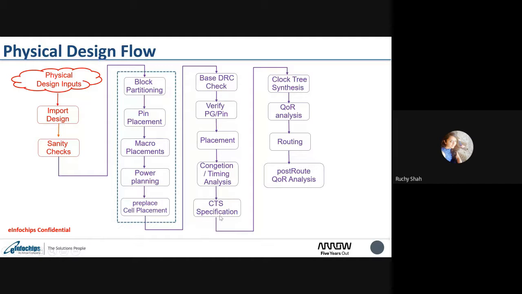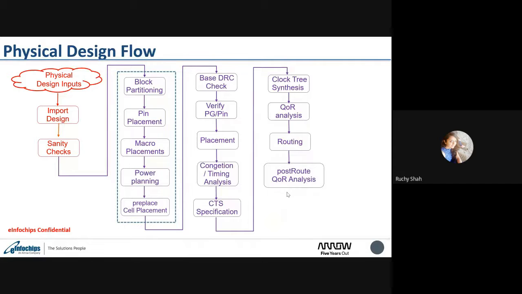Again, we build the clock tree, route the clock tree, then go to the analysis of the clock tree, to check whether what we built is good or not, meaning whether we can accept the power, latency, and all those things. If all is okay, then we move forward and do the routing. After routing, we analyze the post-route QoR again. If everything is okay, then we can move to the ECO phase.